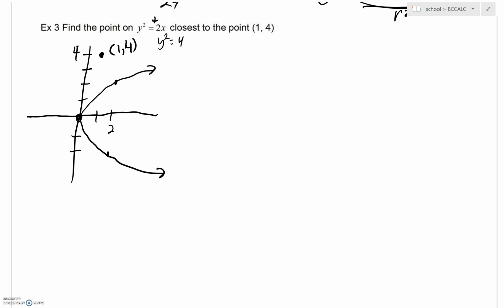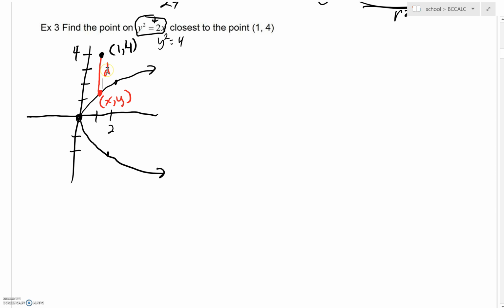If you were to let x equal 1, it's pretty clear that y would not equal 4 in this equation. What we're asked to do, though, is find the point on this parabola, maybe it's over here, who knows where this (x, y) is actually going to be,